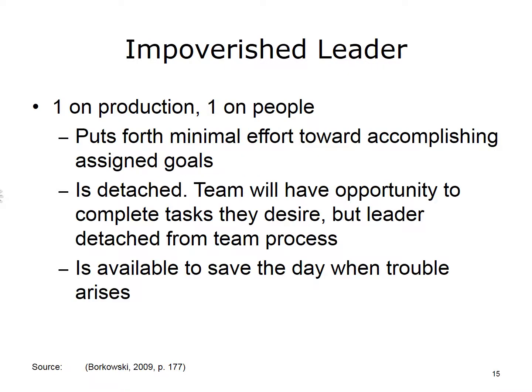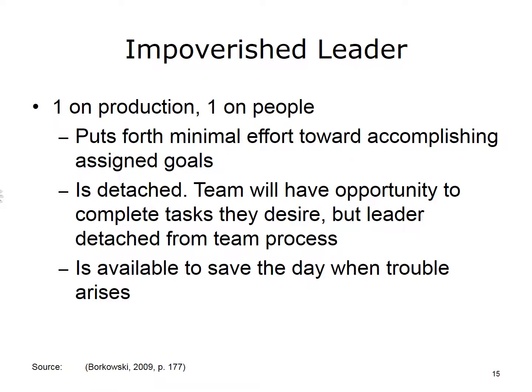When discussing the impoverished leader, we see that it is represented by a 1 on production and a 1 on people. This means low task and low focus on relationships. This type of leader puts forth minimal effort toward accomplishing assigned goals and tasks. An impoverished leader focuses on only completing the amount of work that is absolutely required to sustain a leadership position